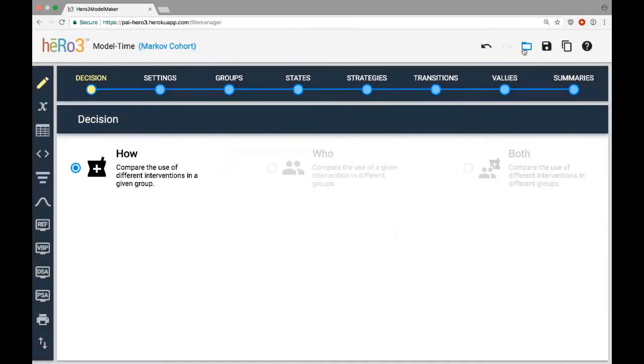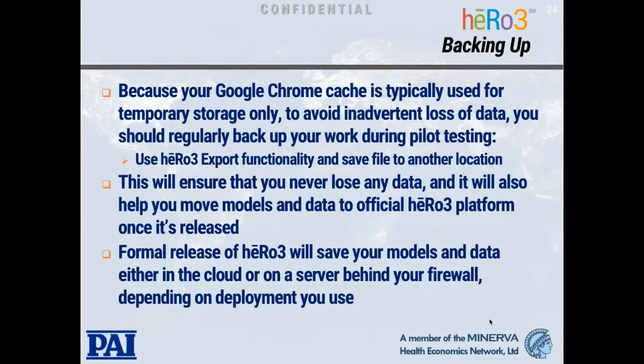Now, once you've exported it, you can go back to the model or workspace, and if you need to load that model up again from where you backed it up, you just hit import model, and then you browse to where that model is and load it up. So that's how you export models.